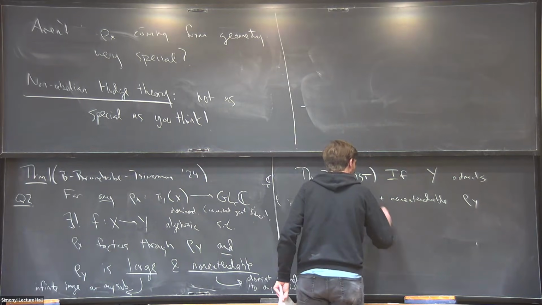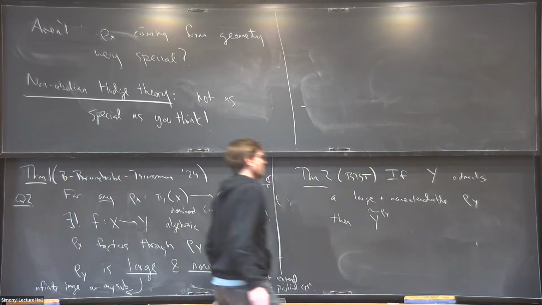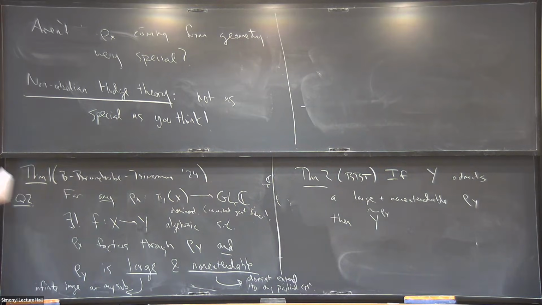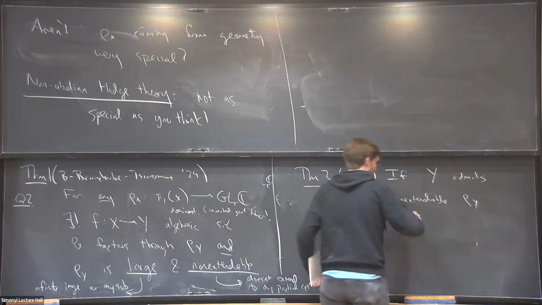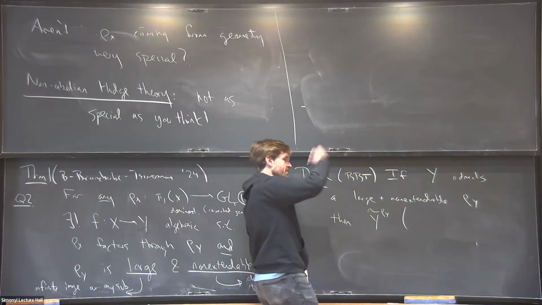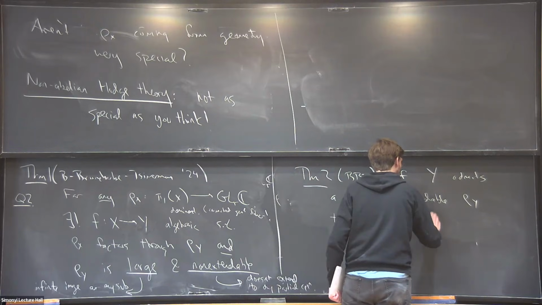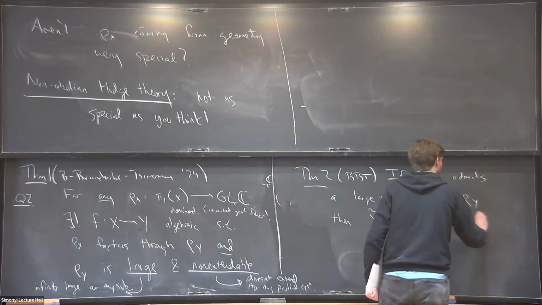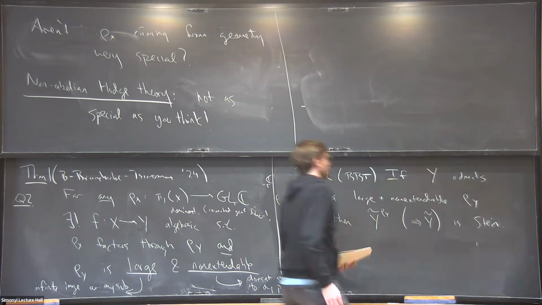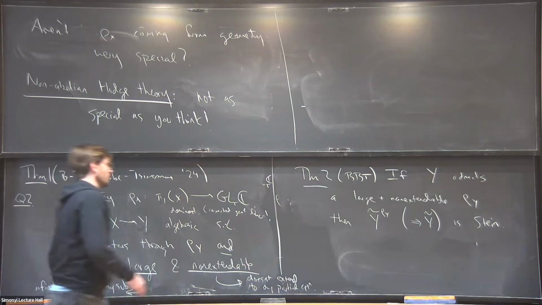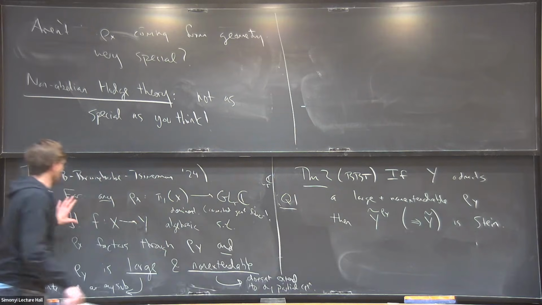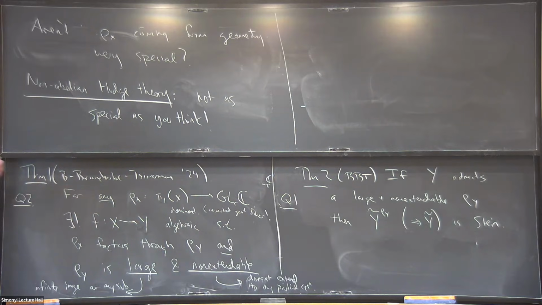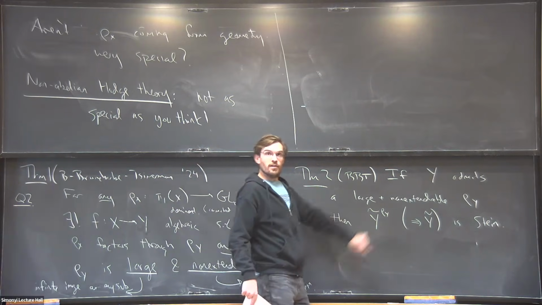Then rho tilde, so actually slightly better, the minimal cover on which this representation is trivialized is Stein, but any covering space of a Stein space is Stein. So this implies that the universal cover is Stein. Okay, so this sort of addresses question 1. Because it tells you, well, once you contract all the subvarieties on which this representation is finite image, then you have lots of holomorphic functions.